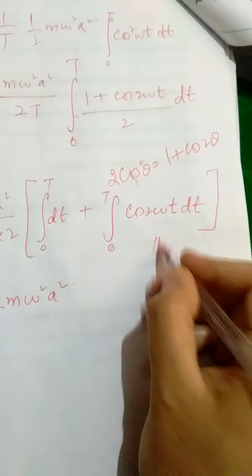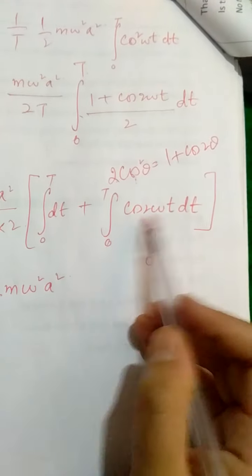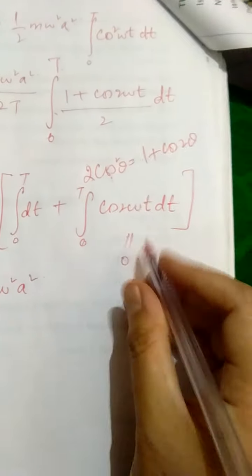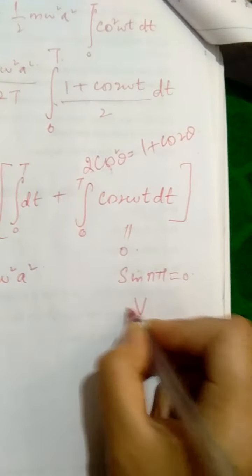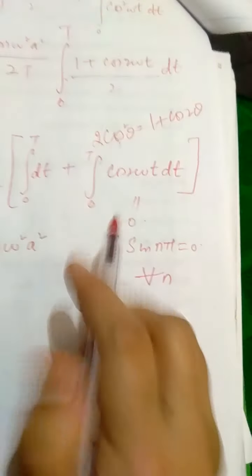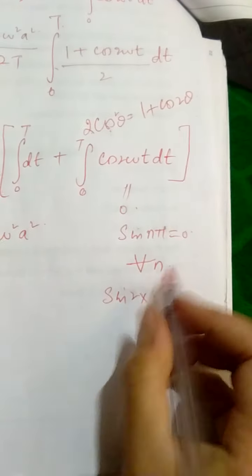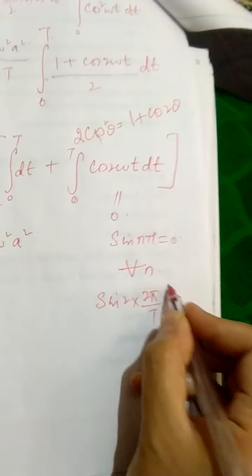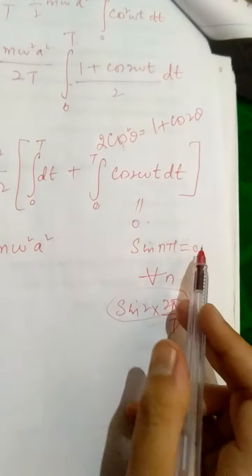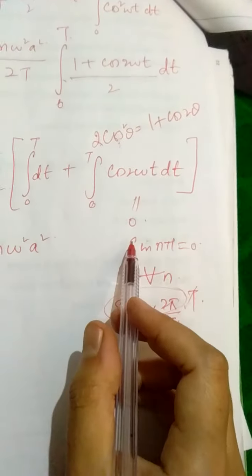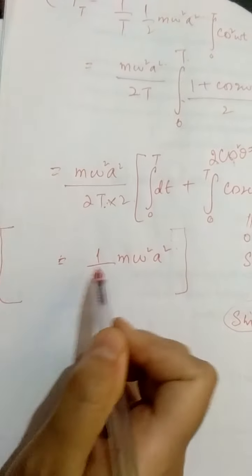And remember, this factor will be 0. I hope you understand that integration of cos is sine, and sine vanishes. Sine of n pi is 0 for all values of n. Because when the integration of cos turns out to be sine, it will be sine of 2 times, for omega I can write 2 pi by capital T, and then this capital T, this and this will go. It is sine of some n pi. We know that sine of n pi vanishes for all values of n. So this integral will be 0. So all we are left with is that time averaged value of kinetic energy is this much.